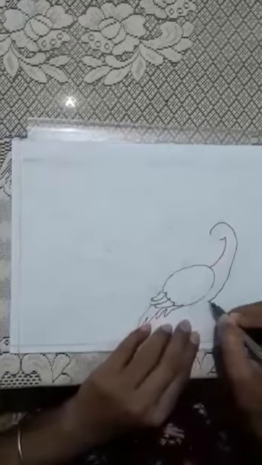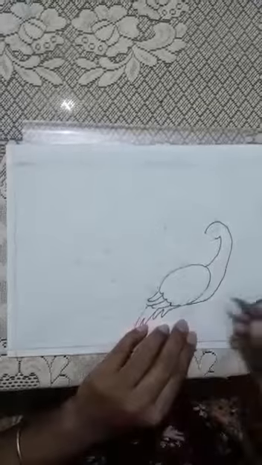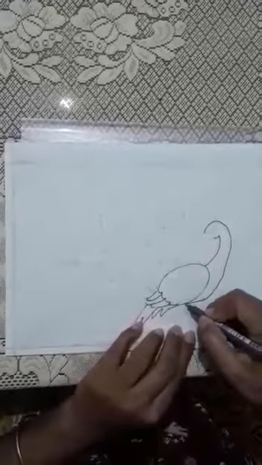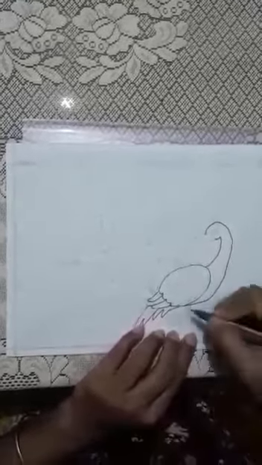Now we shall draw the neck of the bird. It has a long neck. So let us start from here. This is the head portion. We'll start with the neck first. Let us start drawing like this. Okay. Then for the head, let us move down slowly. Down, down, and join it here. Okay, once this is done, we are going to draw the legs.